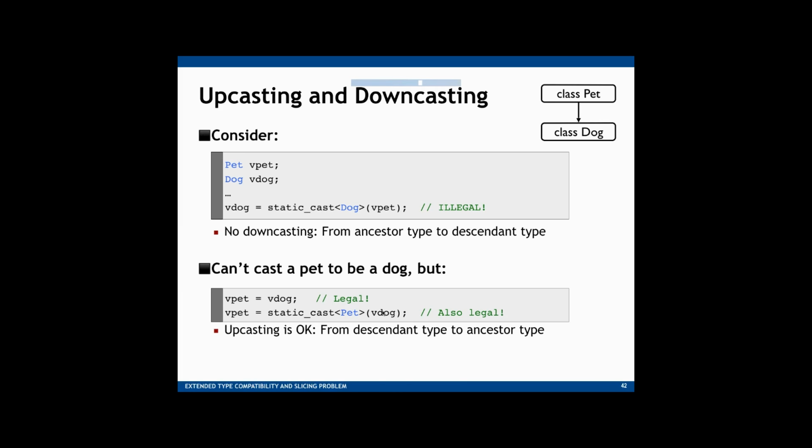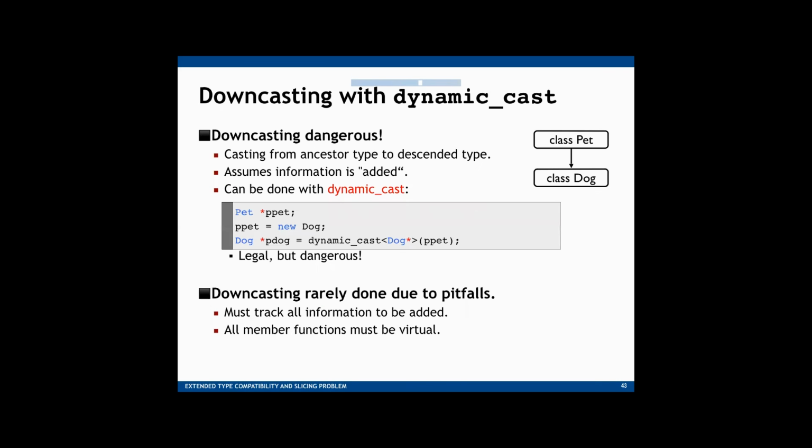That is because upcasting is safe, because it is simply disregarding some information, like the slicing problem we talked about in the previous slide. But downcasting is very dangerous because you are adding new information when you are casting it. This may lead to security issues because it may lead to memory corruption vulnerability. So downcasting is dangerous and therefore C++ does not allow it, but